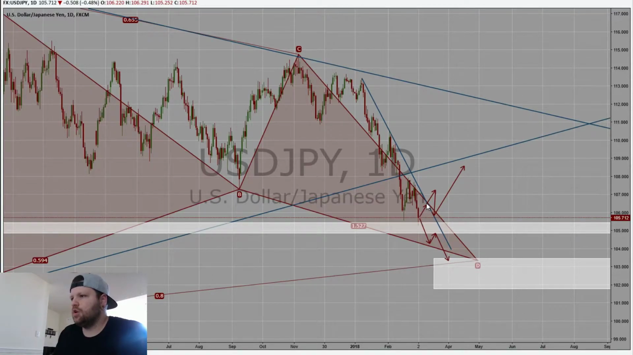It can go bullish, react off of this trend line and continue bearish. It can go bullish, break, retest, and continue bullish until it retests this trend line, like I said, on the weekly time frame. Or it can continue its bearish ways, break this zone, retest it, and then complete the Gartley